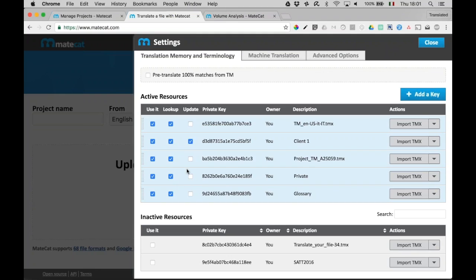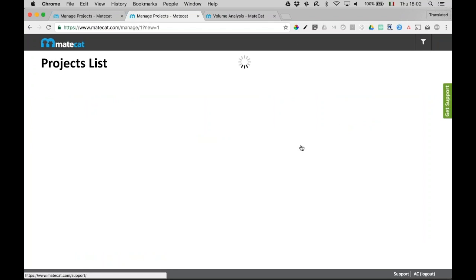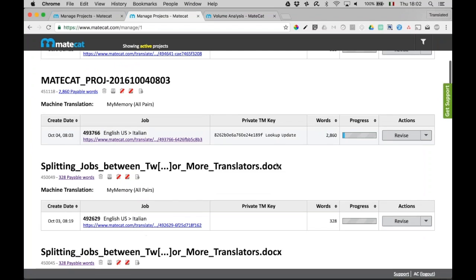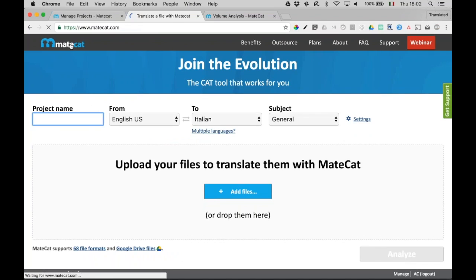And a question from Miriam. If I haven't finished my translation and I want to stop and come back to it later, how does it get saved? Okay, so there are different ways. One is, of course, the most obvious one, and that's with the Manage panel. So if you are logged in to MateCat, you can go to the Manage panel, and from here you have a list of all your projects. But what if you use MateCat as an anonymous user? Because, of course, you can also do that, right? You can use MateCat without ever logging in.